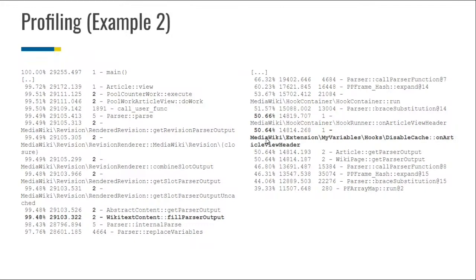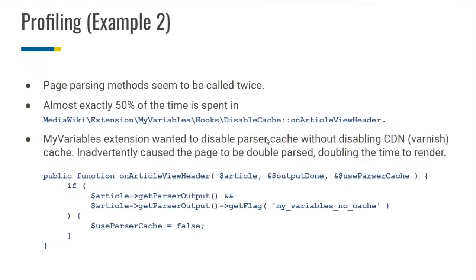So this one was tricky, and when I actually looked at the code of the extension, the first time I looked at it, I didn't understand why this was happening. For context, there's this extension. It had a magic word in it for the current user, but it didn't want to disable varnish cache when users aren't logged in because it didn't display a username, but it did need to disable parser cache for the logged in users. So it didn't want to use the default MediaWiki way of disabling because that would disable both caches. So it tried this custom thing,